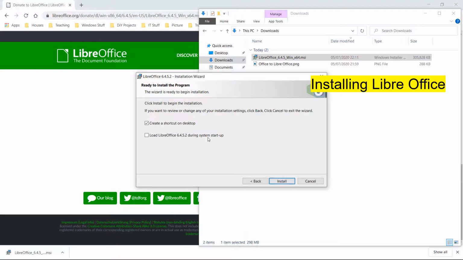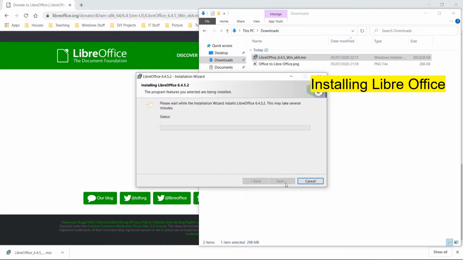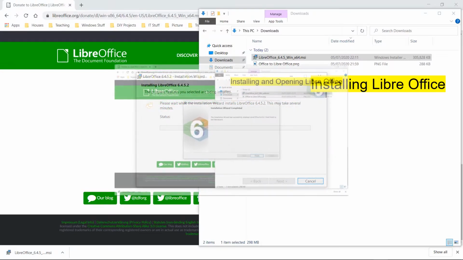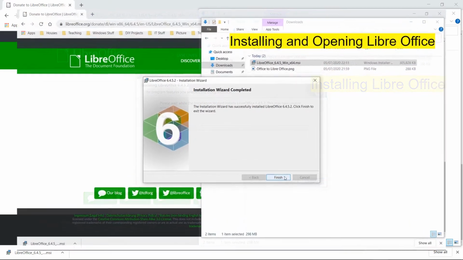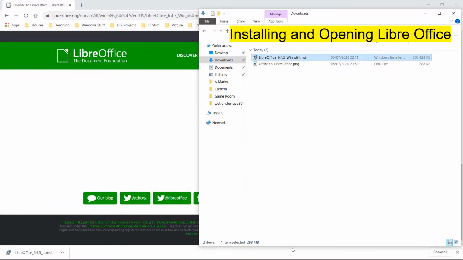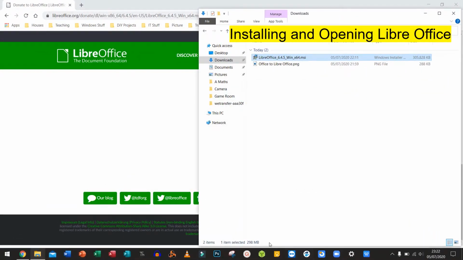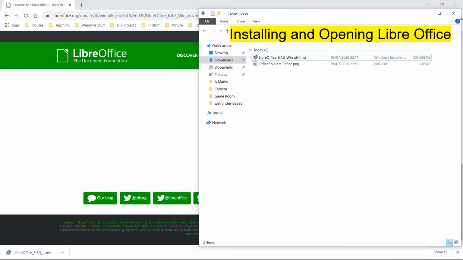Create a desktop shortcut, that's fine. I'll leave this unticked where it says load LibreOffice during system startup. That does make your computer a bit slower, so I would not recommend doing that by default. Click install. When this finishes, I'll come back to you guys, okay? That's now finished installing, and I simply click on finish here, and I do think it's going to open up. No, it doesn't actually open up. Fine. So let me now close everything here